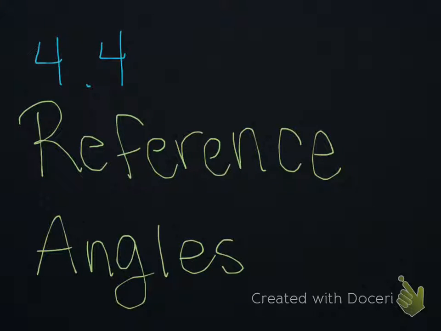We are again in section 4.4, and today we're going to be focusing on finding reference angles. The point of reference angles is, if I ask any given trig function and the angle is extremely large, we use this technique of finding a reference angle to bump that value back down to a coordinate from the unit circle, and then that way we're able to figure it out from our memory. So to find a reference angle,